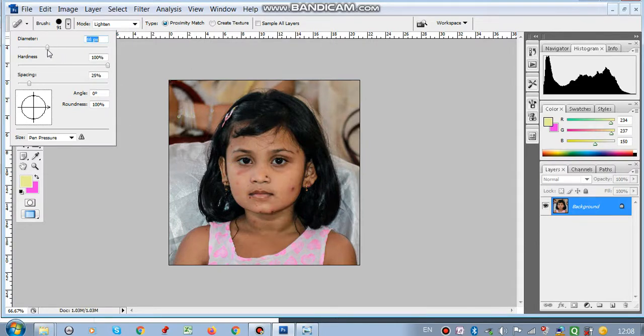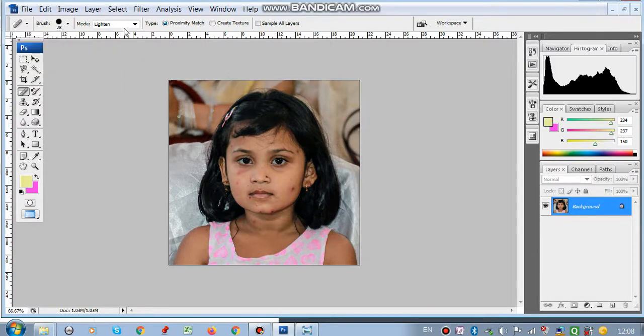So we are going to reduce the size to match the spot size. I have set the diameter as 28. Mode, what is the mode? Lighten.